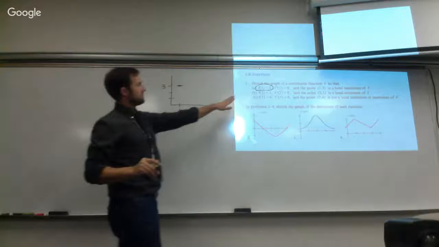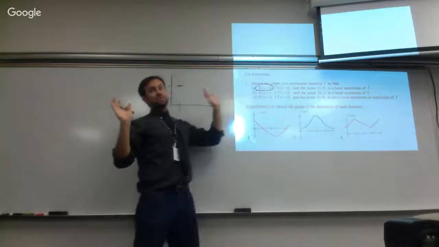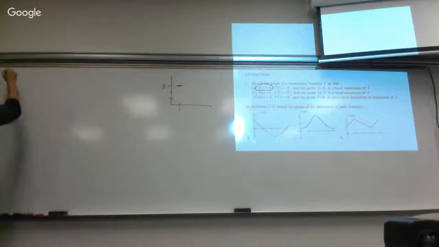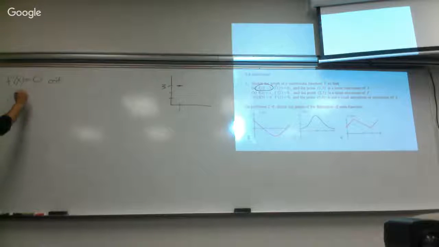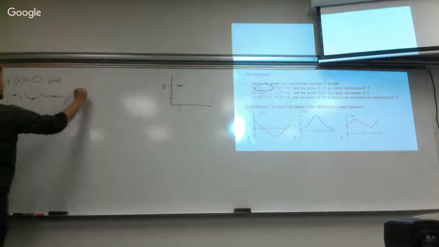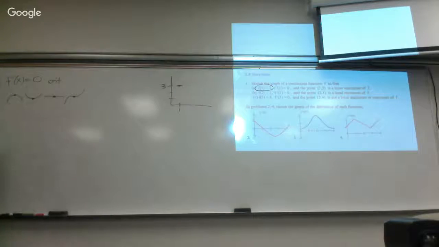But since we know that the first derivative is 0, all we really know is that it's a critical point. And I should really have kept these up on the graph, or on my whiteboard. So if f prime of x equals 0, all we know is that it's a critical point. So it could be a max, it could be a min, it could be flat, and it could be a changeover. Whereas if f of x equals undefined,